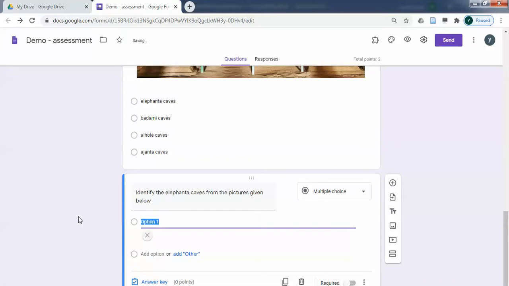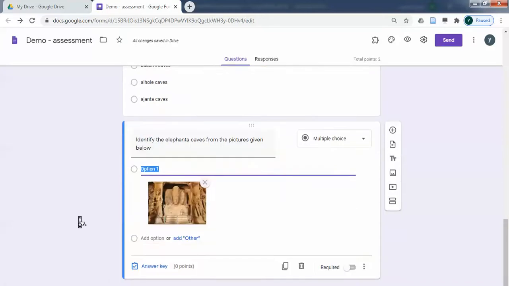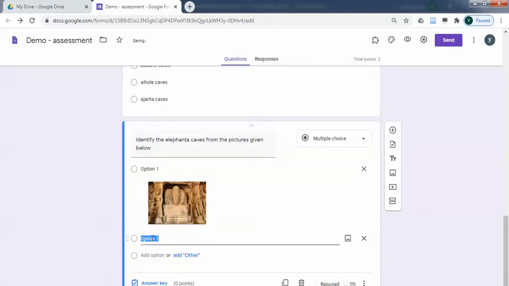Okay, so the image is getting loaded. I'll add one more image.